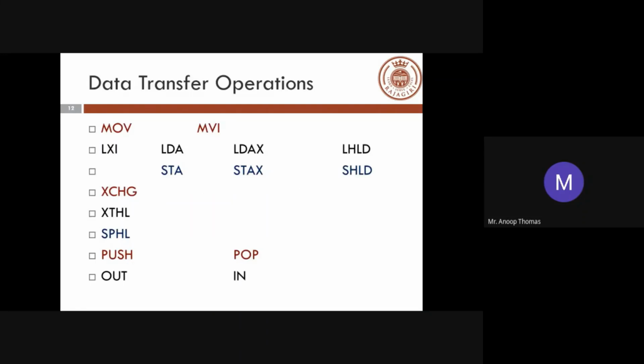We have focused our attention on data transfer operations: the move immediate instructions, load and store instructions, exchange instructions, transfer of instructions, and certain special instructions like SPHL, push, pop, out, and in. All these are instructions associated with data transfer.